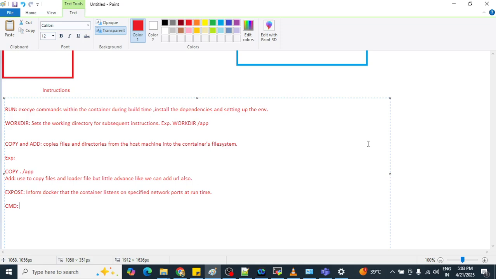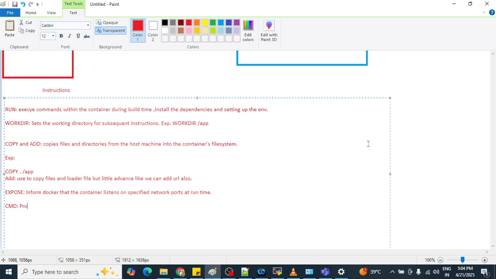And that particular command can be overridden at runtime. Means only the last CMD instruction is effective. Let me write it here, and if we do some practical, then you will get more clarity. Don't worry, I will explain all these statements in our practicals also,